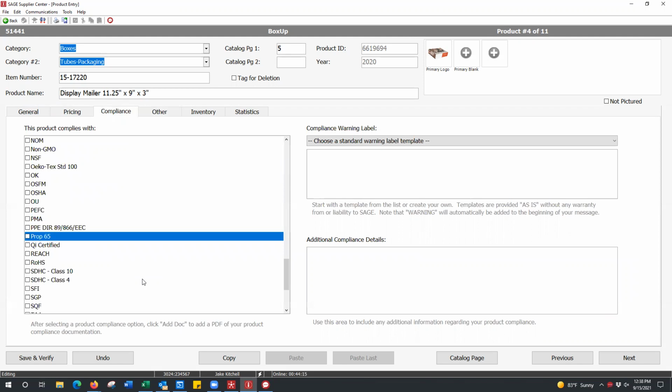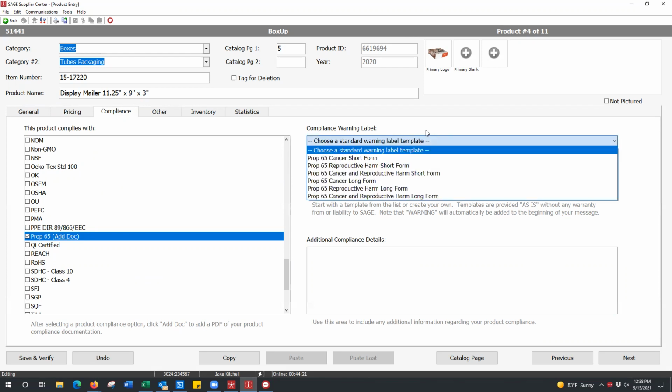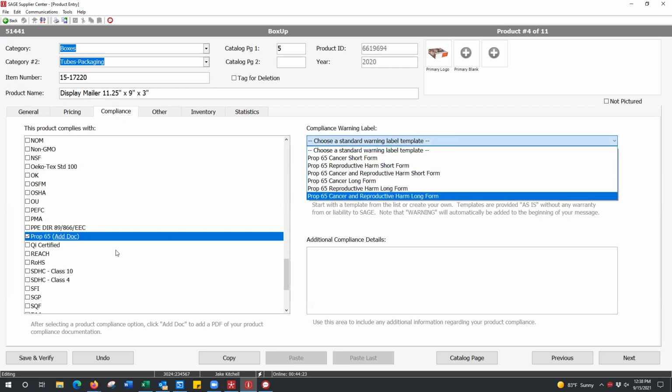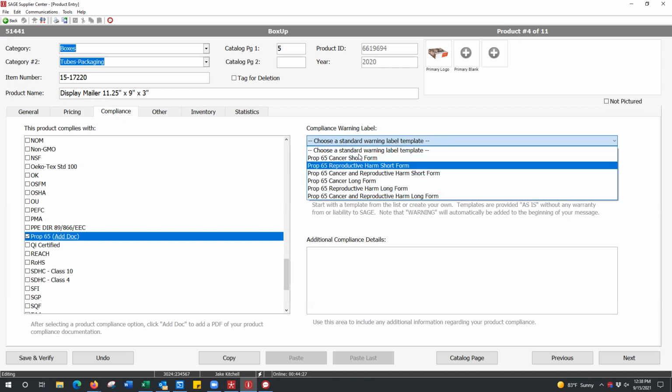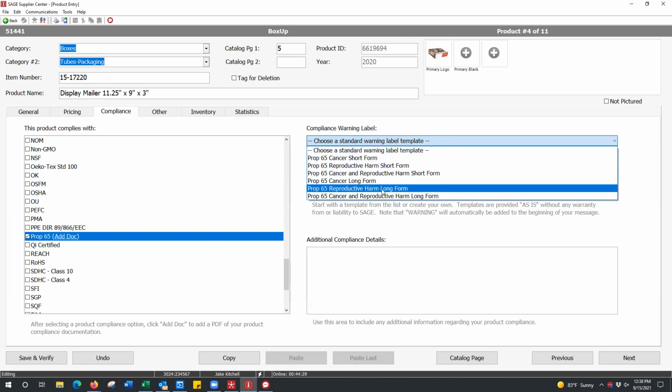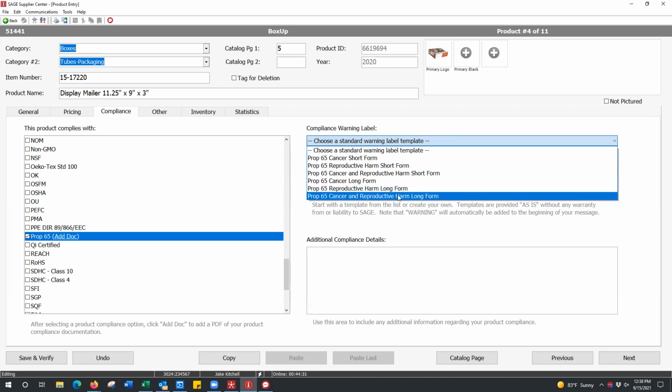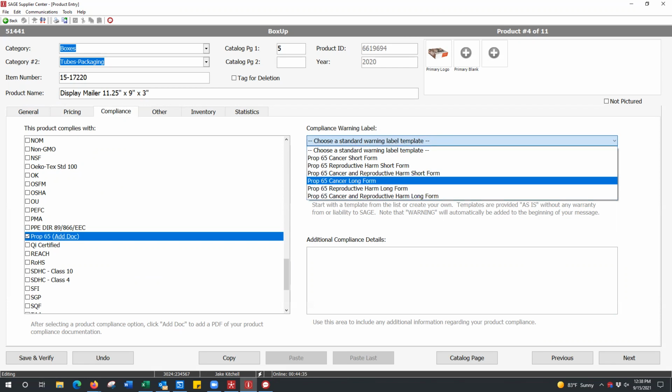Are you required to put a warning label? We put a warning label on all the shipping boxes that we use to ship the products to California. Anything that goes to California. So then you would mark it as Prop 65 compliant and put whatever warning label you put. Because if you put the warning label, then it is compliant. Gotcha.